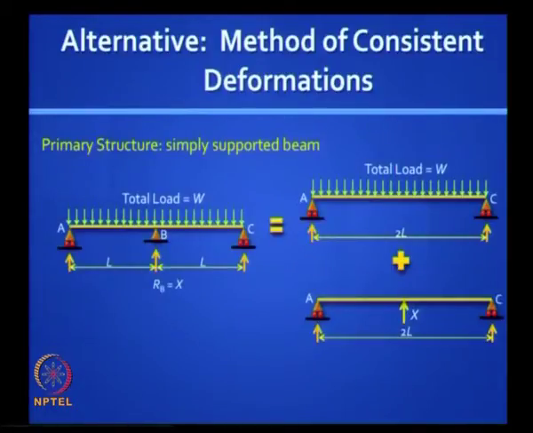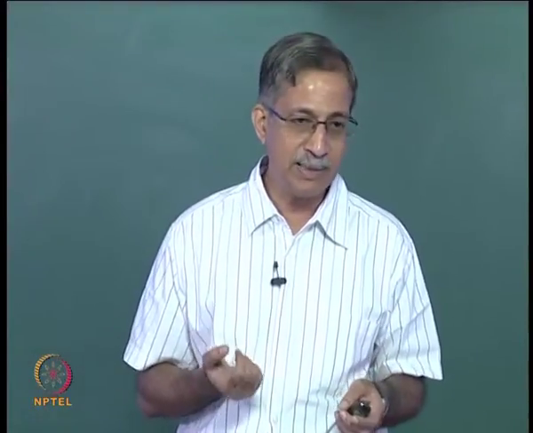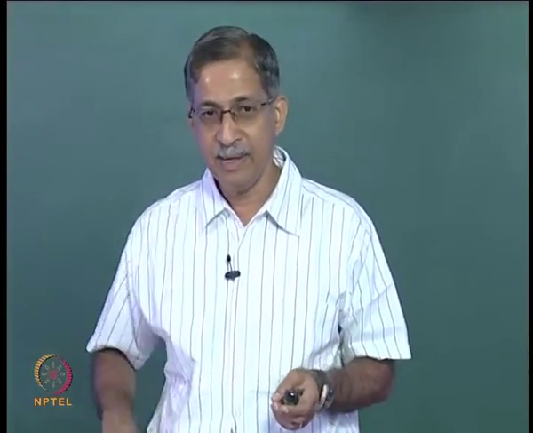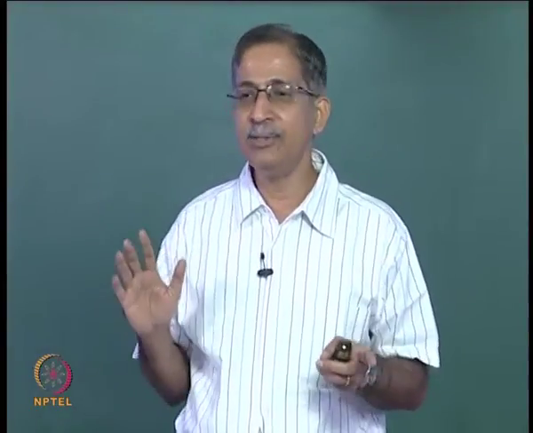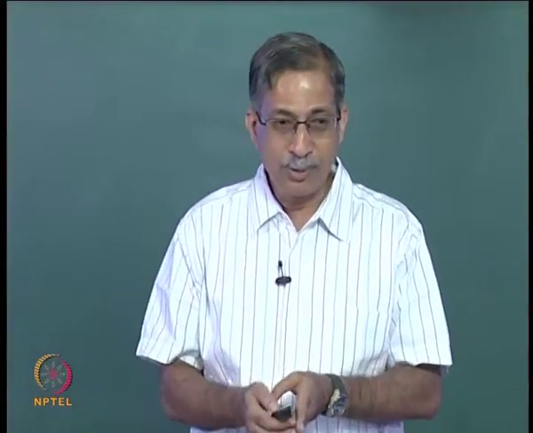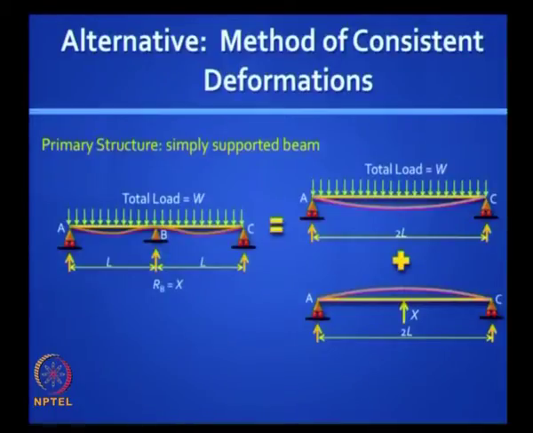Equilibrium is not enough, you need to invoke compatibility. What would compatibility be here? What would be consistent? The deflection at B should be 0. So that is what you do, you look at the deflected shapes for a better understanding. In the picture on the left you can see very clearly delta B is 0. Here at B, this deflection will be maximum, and so will it be here, but they are in equal and opposite directions, and actually you can calculate those values, you know those standard formulas. What would be the deflection due to the UDL here in the middle?